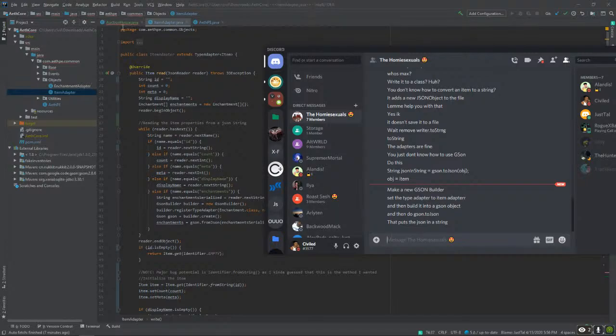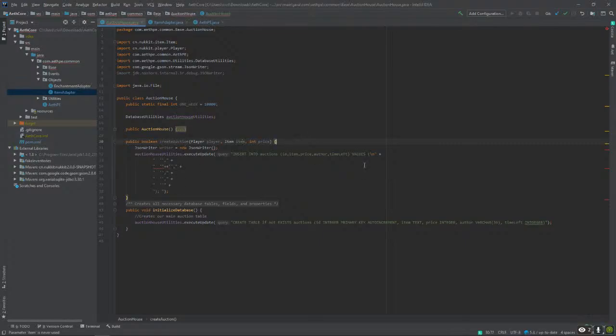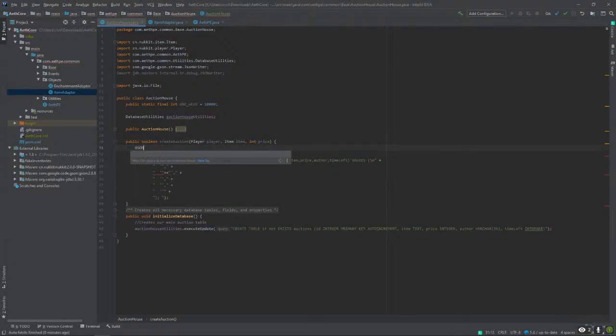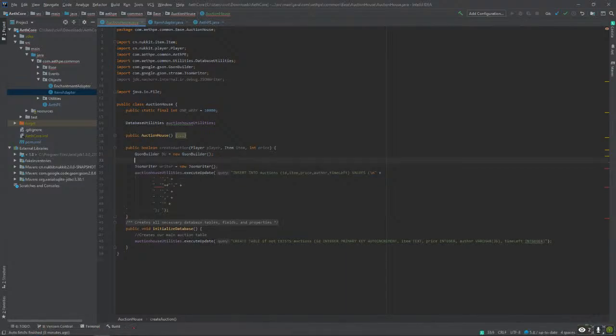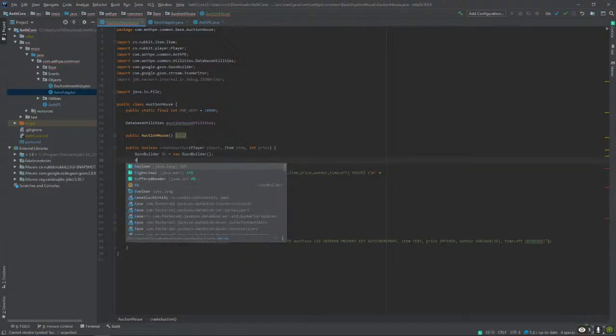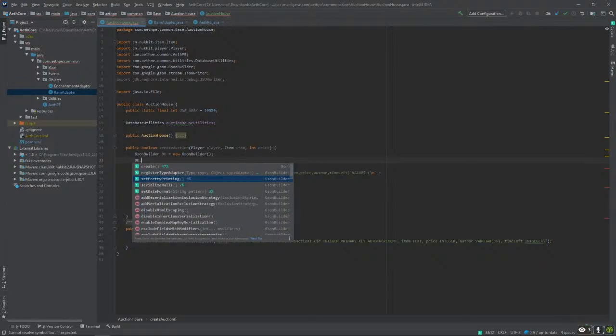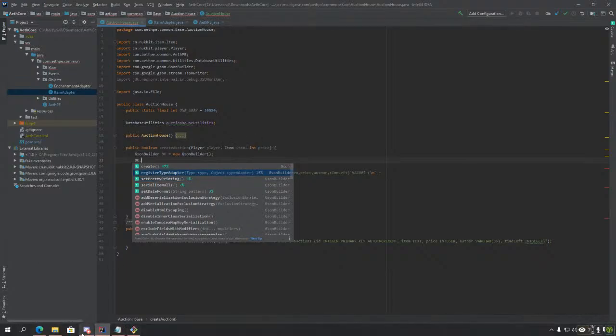So I would just do JSON builder is equal to new JSON builder. So bu dot set registry type adapter.